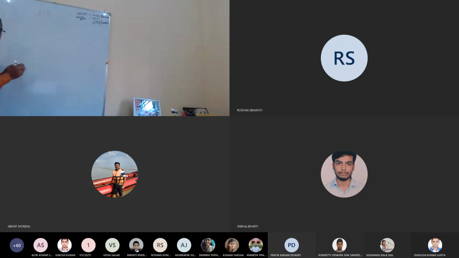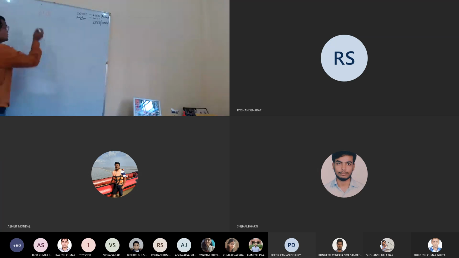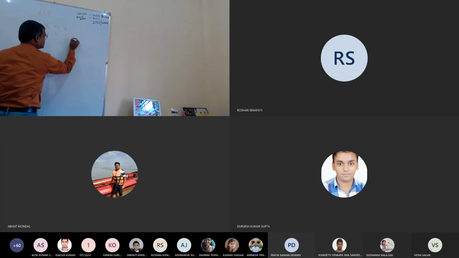See, the first step, all values are 0. Let me write it here: x1, x2, x3 values are 1, 0, 0, and then y value is -1. Can you see the whiteboard? Yes, sir. So then first you have to compute the y cap for the first sample.